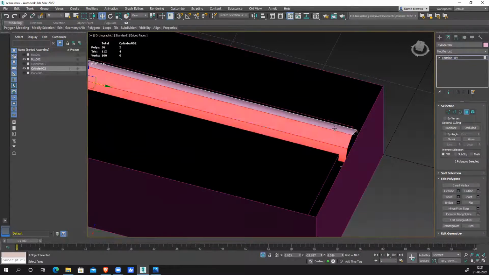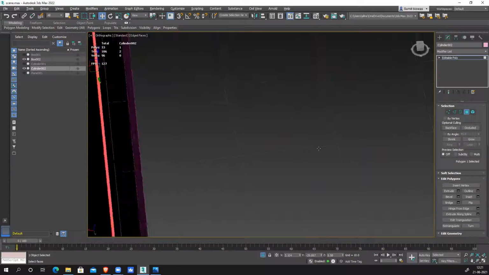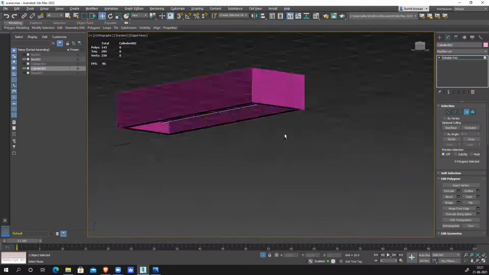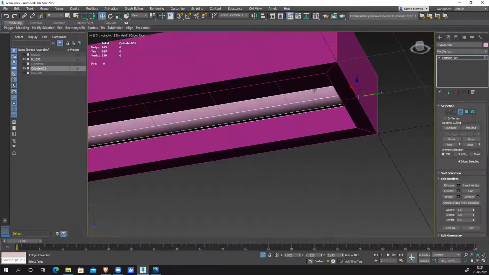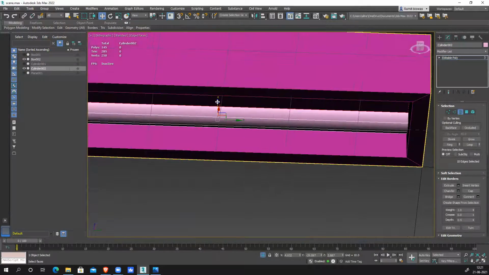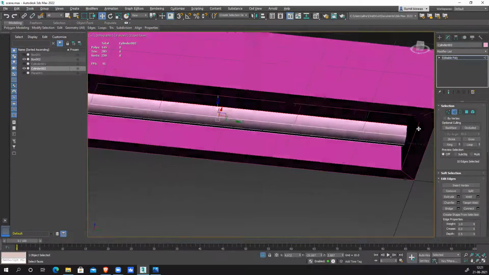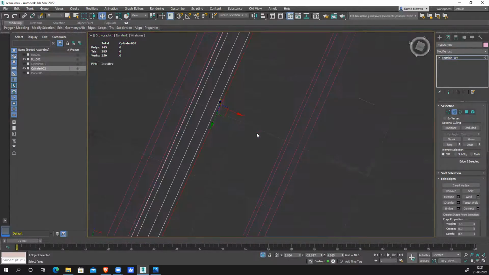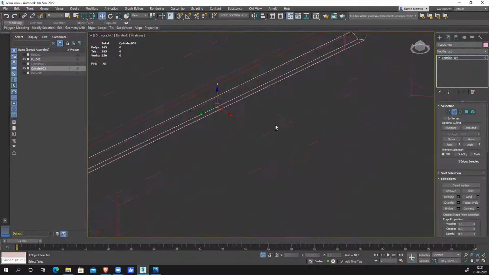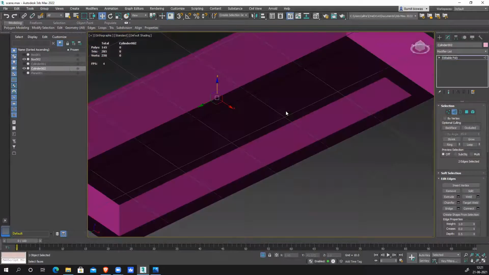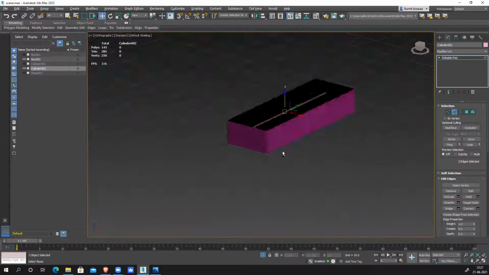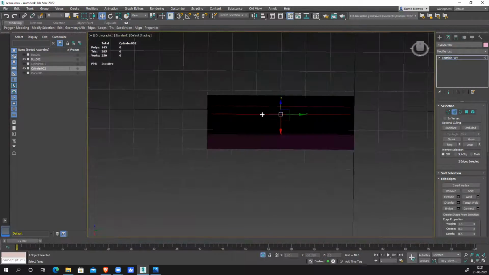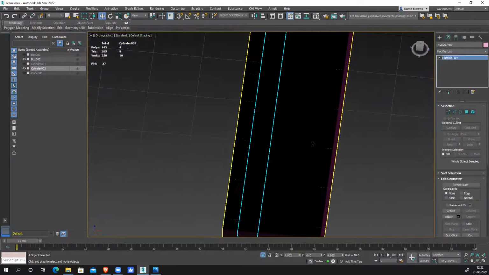Now delete all those not visible polygons and select this thing, border, edge. I will select this edge and the other edge, this one, and push it up. It's not visible anymore, only that section. So tube light is ready.